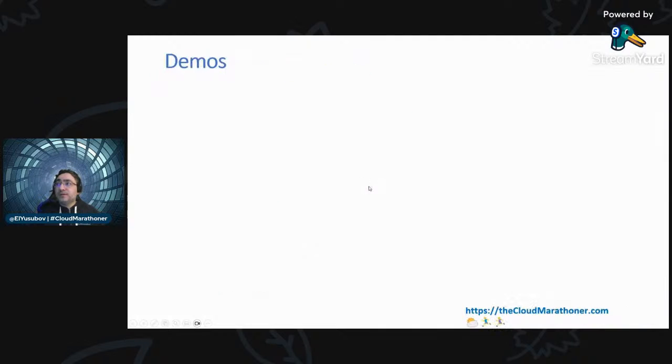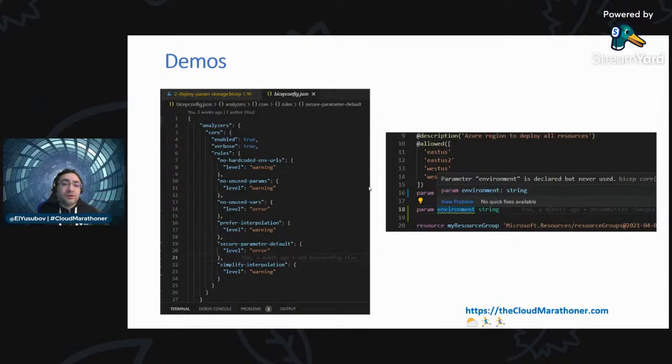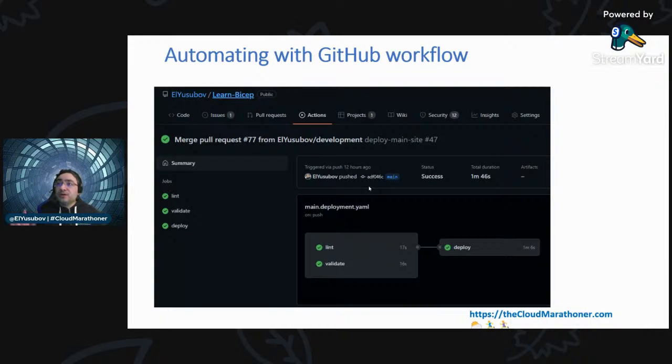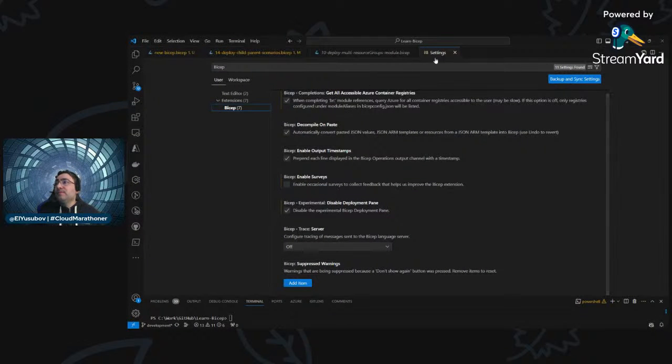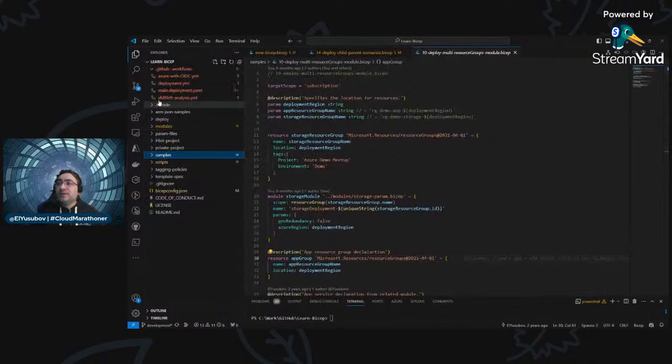Next here, I had these demos over the course of the presentation, so you saw some of them. We looked into the Bicep config file, how you can get started, create one, and then modify that. Now the last one is automating your GitHub workflow. So in the same Visual Studio Code, where we'll go back now, I'm going to close the settings, and you would see that under the GitHub workflows,